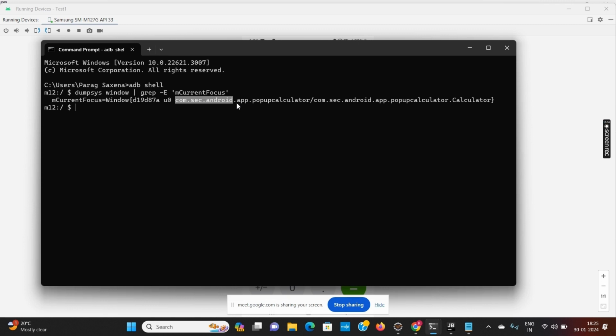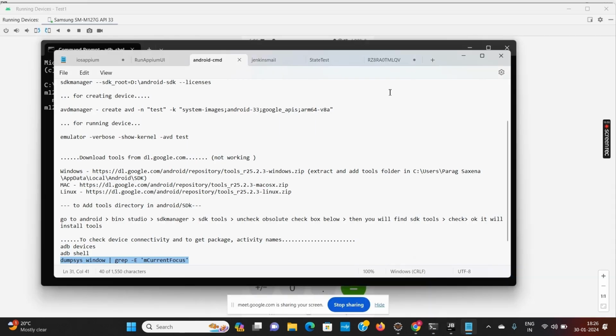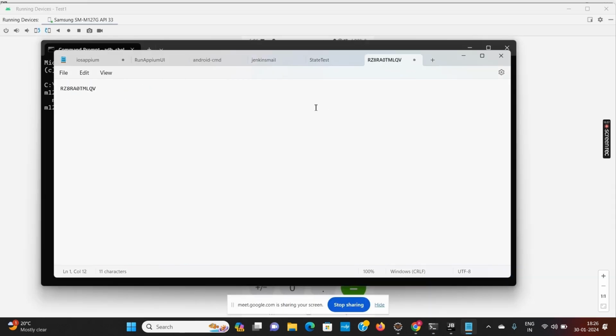This one is the package name, and this one is the activity name. So I get the package name and activity name, which I can copy. And again, I can store it in my notepad for future purposes.